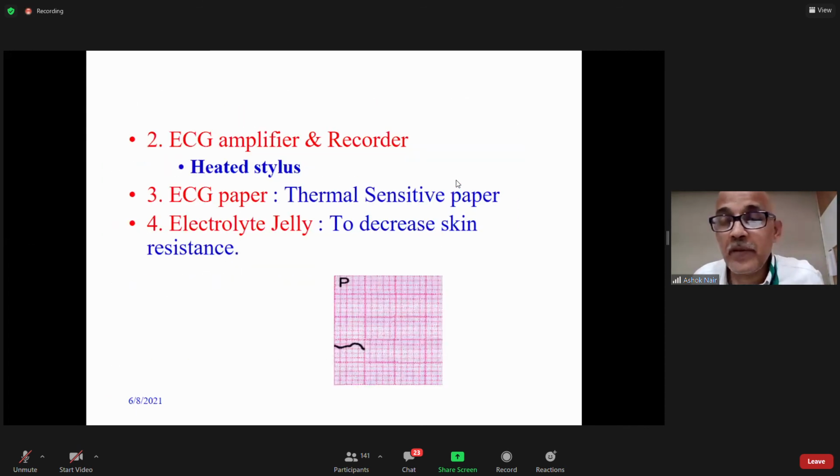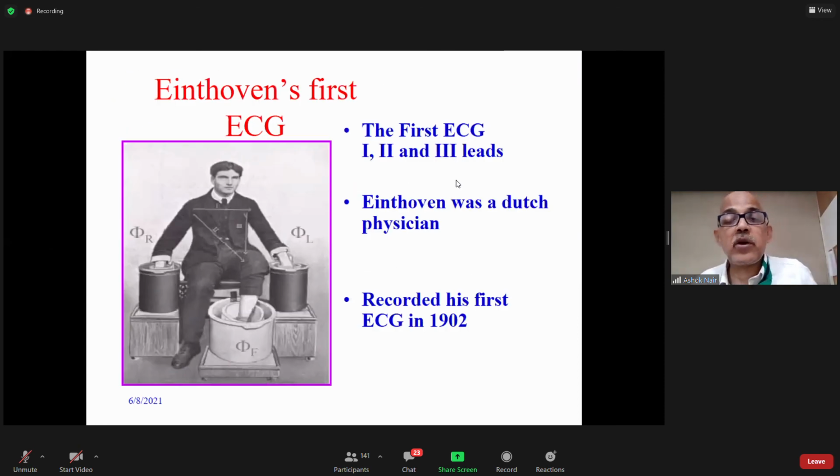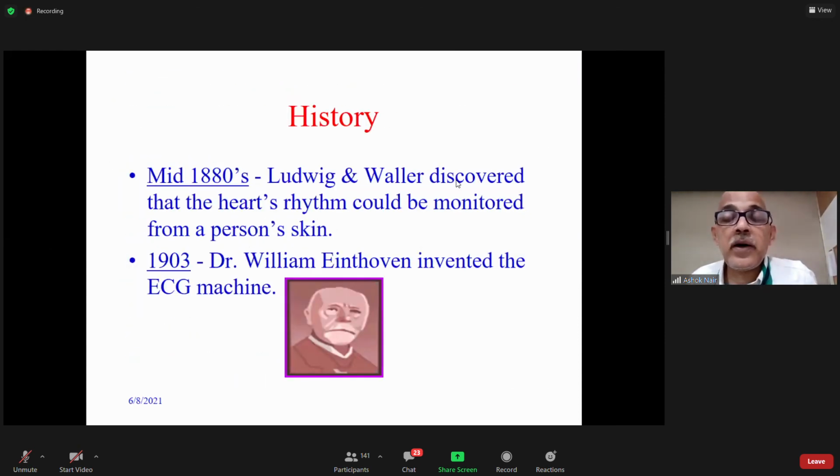I think I'll stop here. It's enough. So today what we have seen is the impulse generated at the SA node conducted through internodal branches, causing depolarization of the AV junction, and in turn also causing the depolarization of the atrial musculature. At the AV junction, the impulses are delayed. The delayed impulses move to the bundle branches. Purkinje fibers will conduct impulses rapidly to the ventricles, causing depolarization of the ventricle.